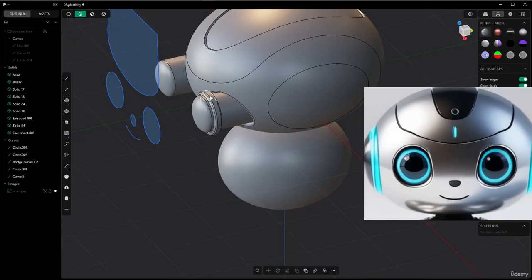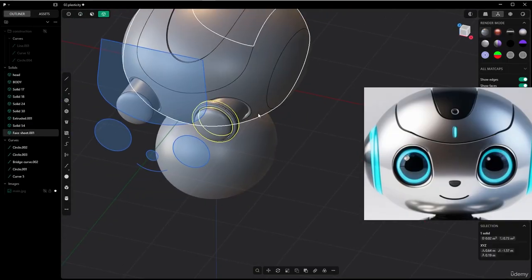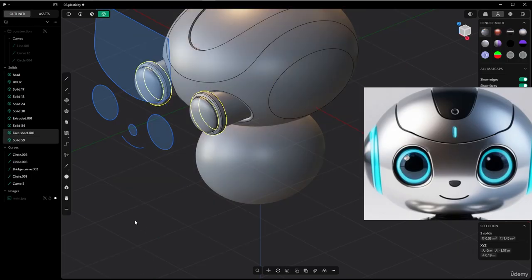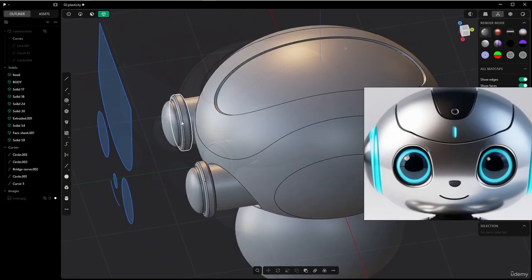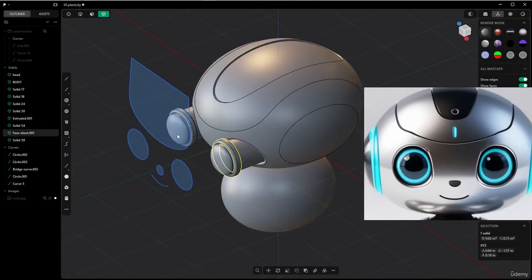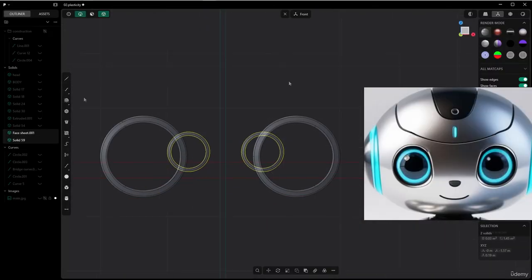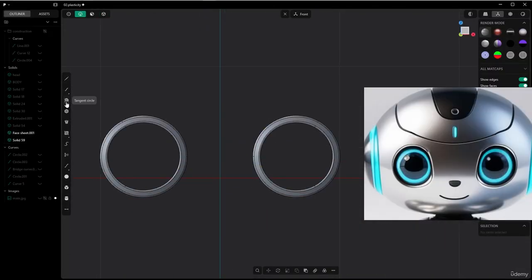Okay, Alt H, bring back the rest. Select this guy, Alt X for mirroring it along the X axis. Press OK. And now let's connect these two. In solid mode, select both solids, Shift H. I'm just freestyling now. So now let me show you a very funky way to connect these two solids with